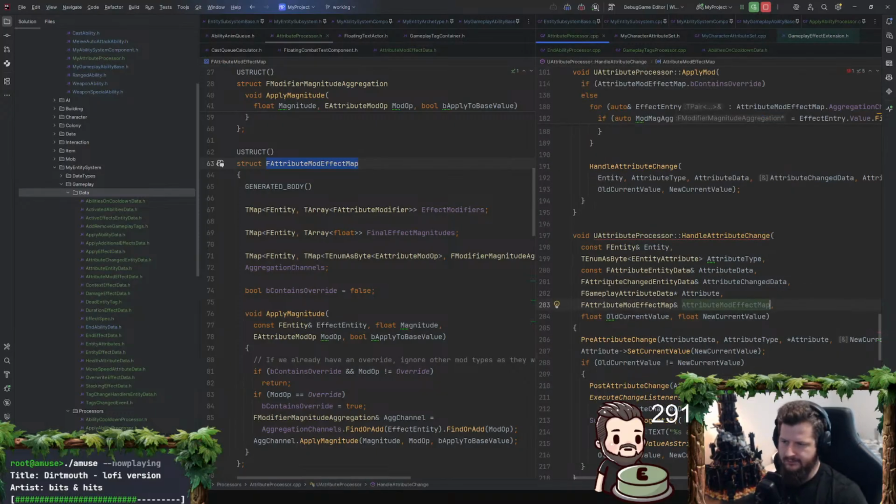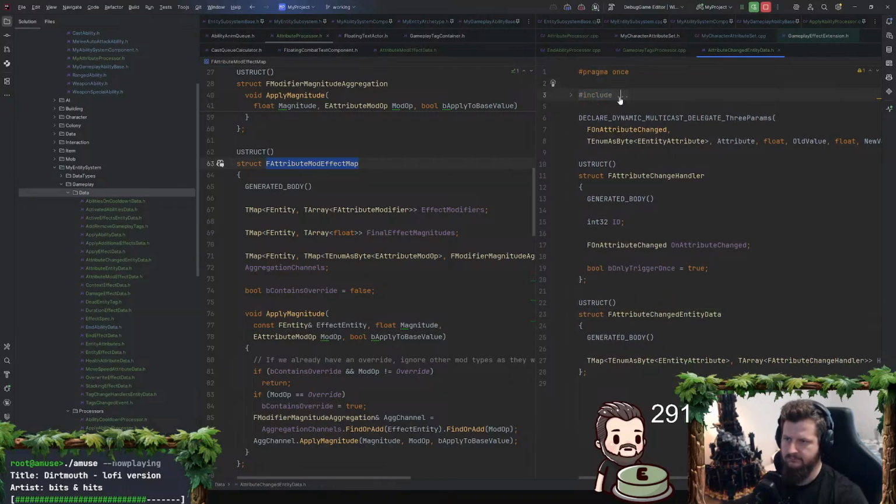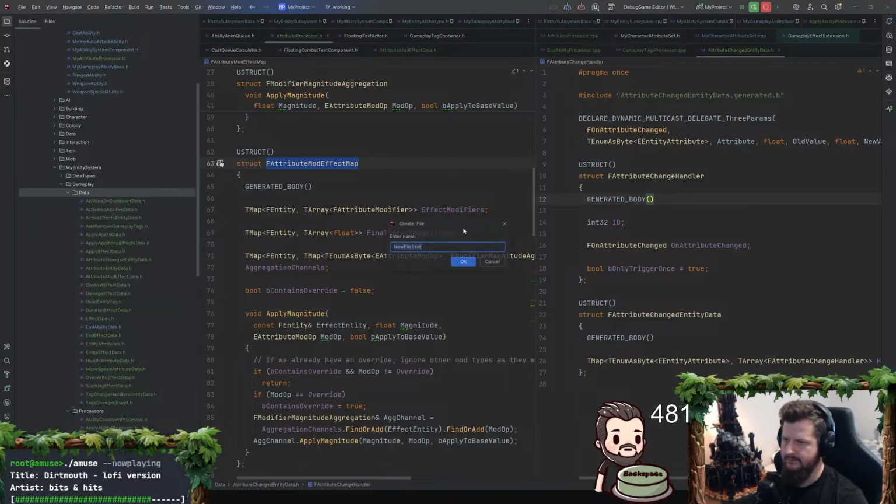I call that attribute changed entity data. So now I want effect execute, maybe just listener data. Effect execution listener or something like that.